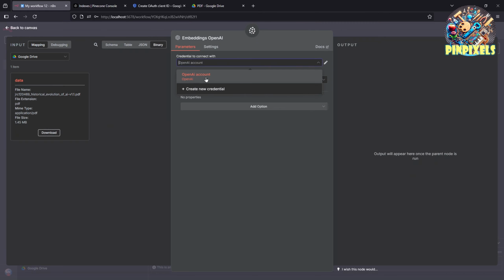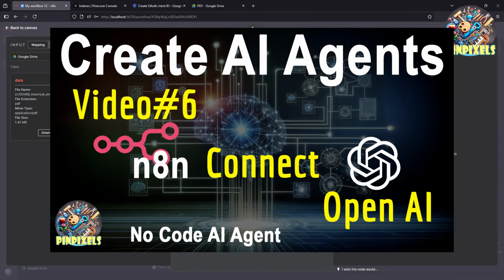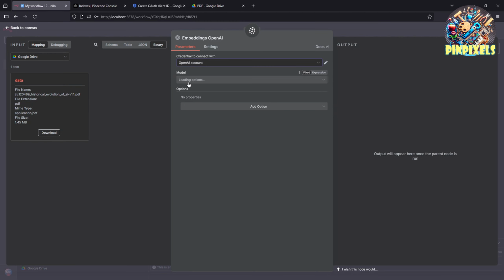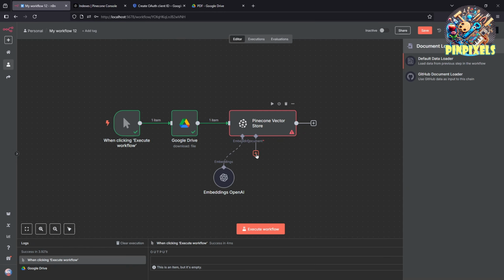If you don't know how to set up and create OpenAI credentials, I have a video in my N8N playlist where I have illustrated the same. Please refer to that video. Select the model, text embedding 3 small, go back to Canvas, click on the document loader plus sign, select default